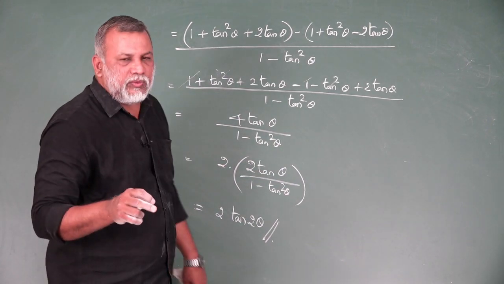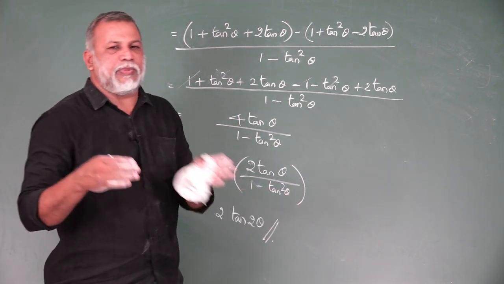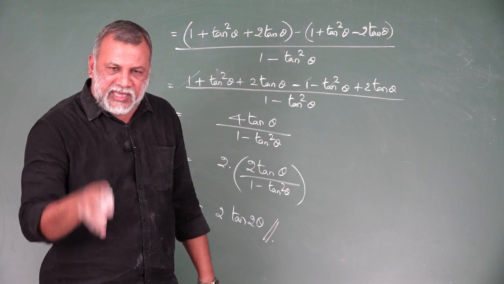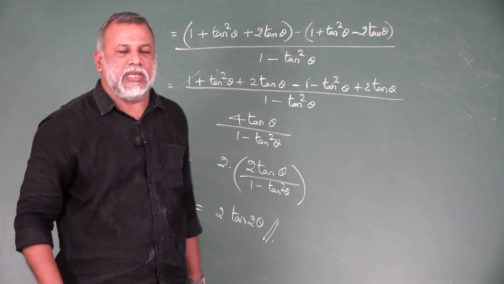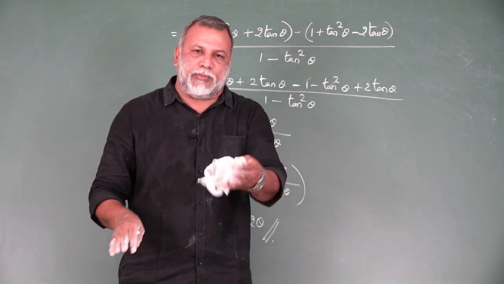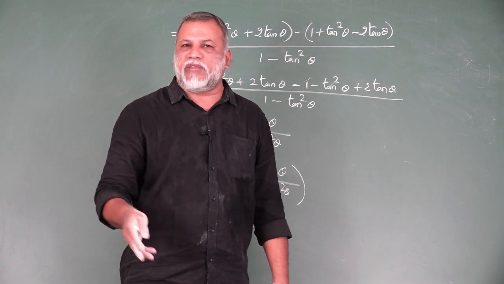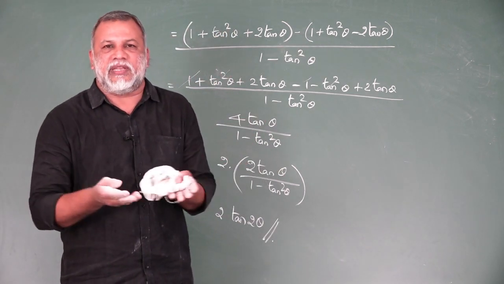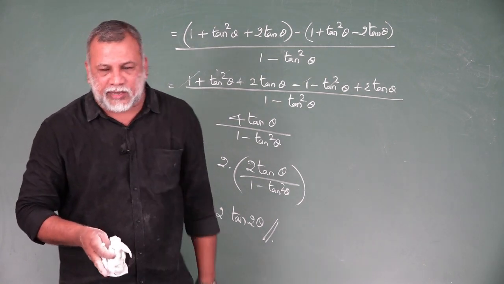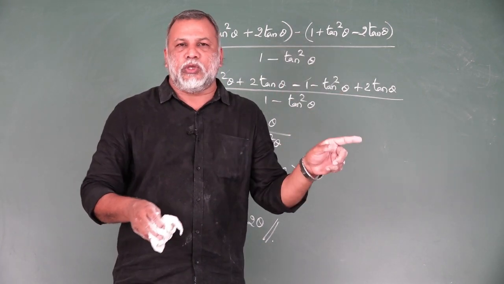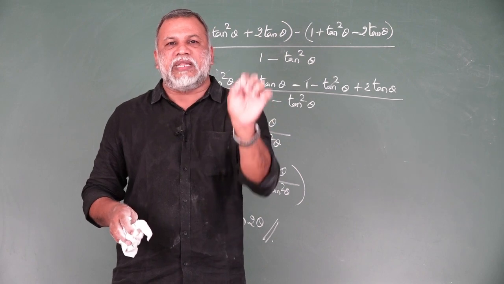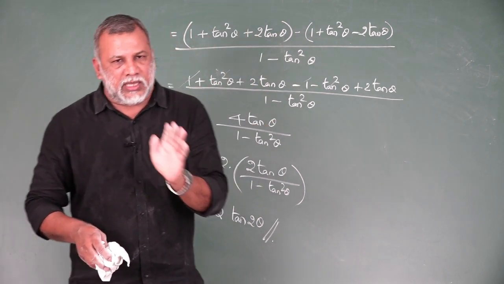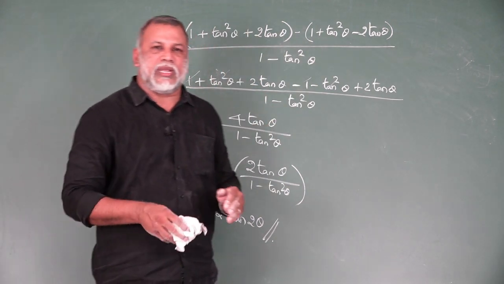So see the given. What is the given? Tan of A plus B formation, minus tan of A minus B formation. Instead of A, you have the angle pi by 4. Pi by 4 is nothing but 45 degrees, so apply the tan 45 value. After that, you have different denominators, so take LCM. Then the numerator becomes 1 plus tan theta the whole square minus 1 minus tan theta the whole square.